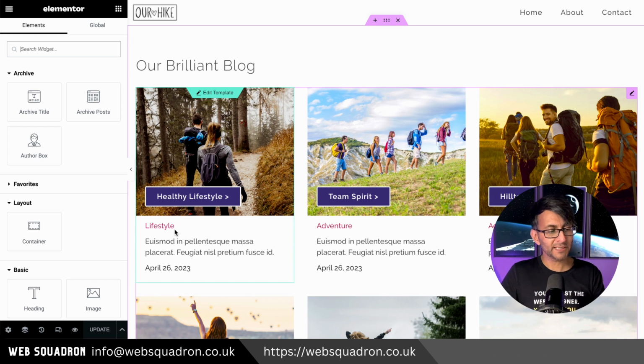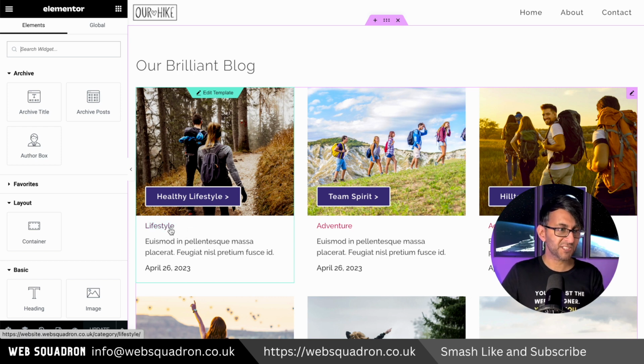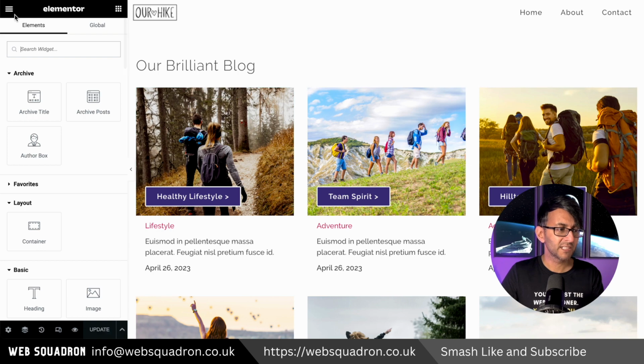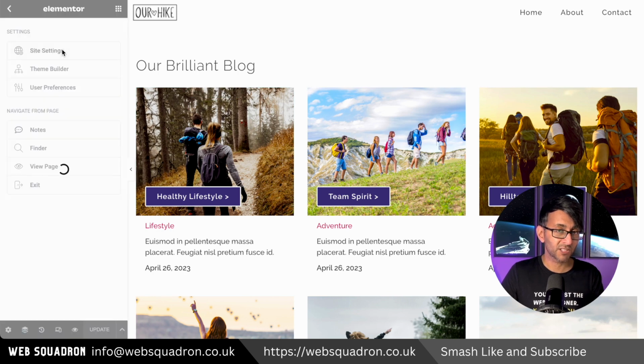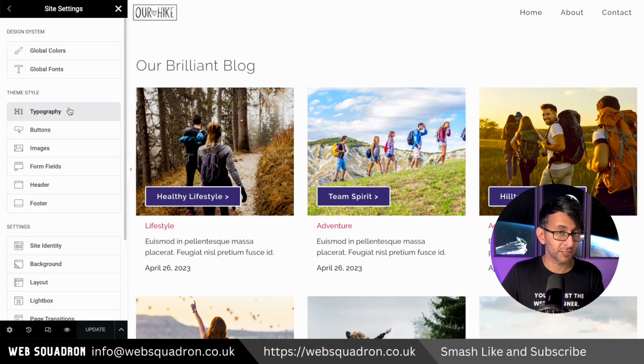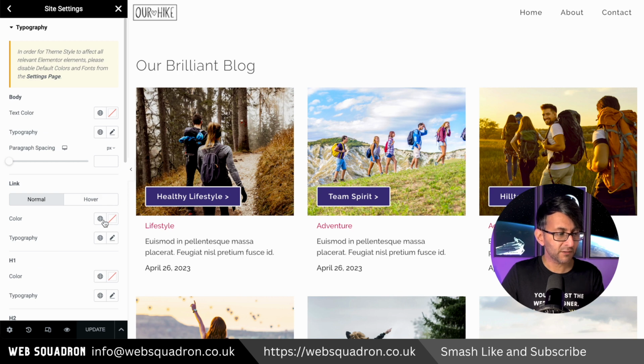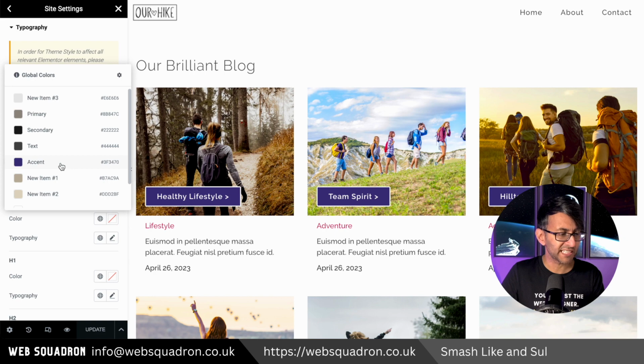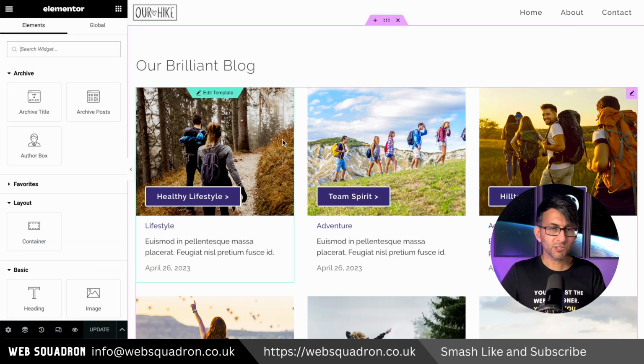Now, at the moment, our link is a pinkish color. But if you were to go to the style for that, the pink color or the purpley color is not there. So how do we change that to be our brand color? Hit the hamburger, go to site settings, go to typography, and down here you will now have your link color. So if I go here and I now pick, say, this purple color instead,